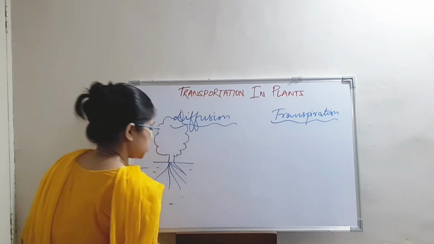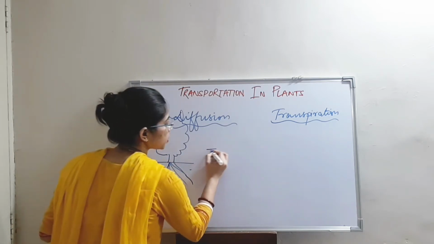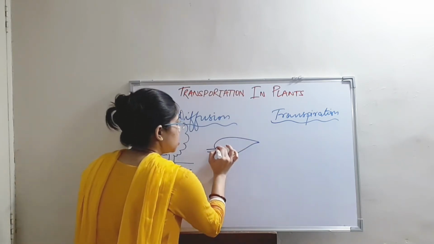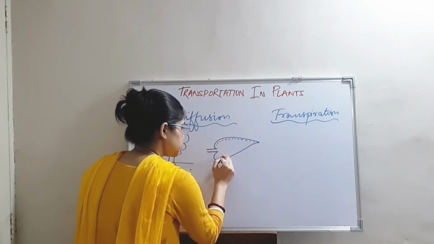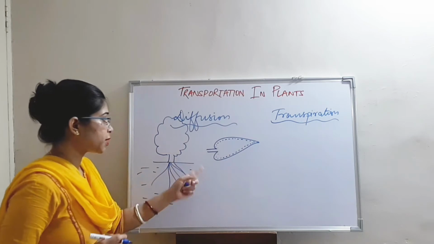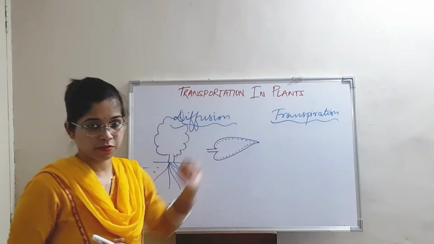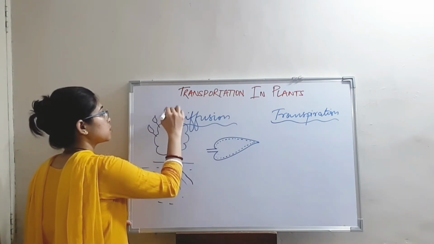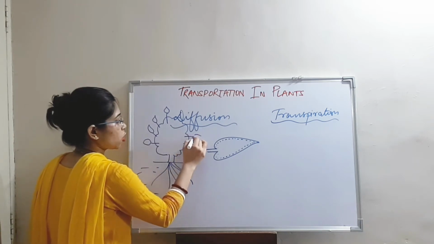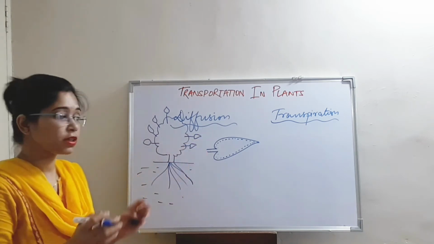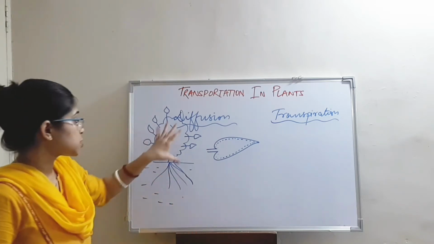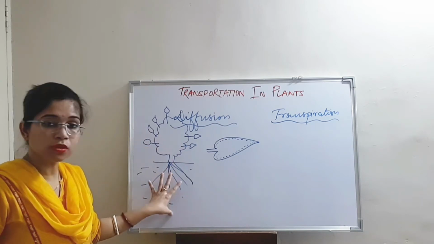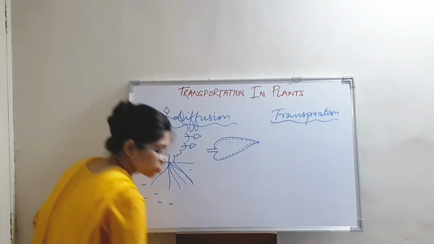Now transpiration. We know that the plant eliminates the extra amount of water and salts through the process of transpiration. They eliminate the water droplets at the margins, and this process is known as transpiration. Now you know, in this plant many leaves are there. It means a huge amount of water and other salts are eliminated every day. Even you can say every minute, right? So this transpiration during the day creates a pull at the bottom, or you can say at the roots. Because of that pull, the transpiration pull theory works.